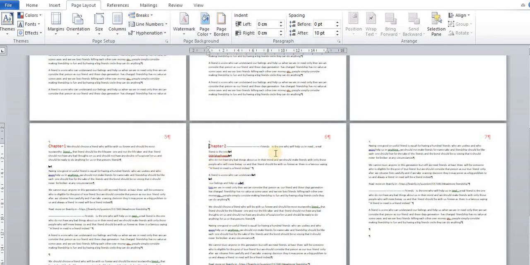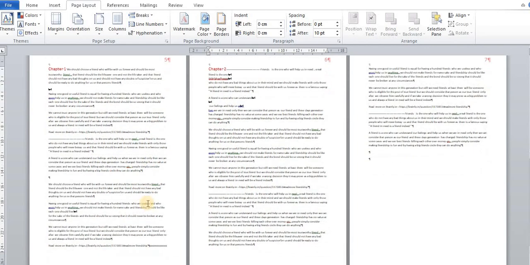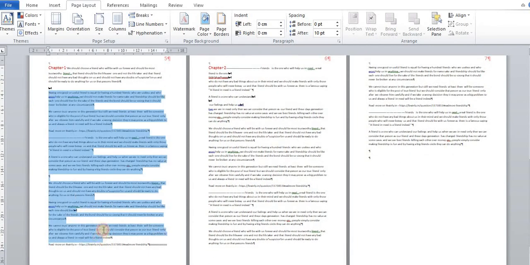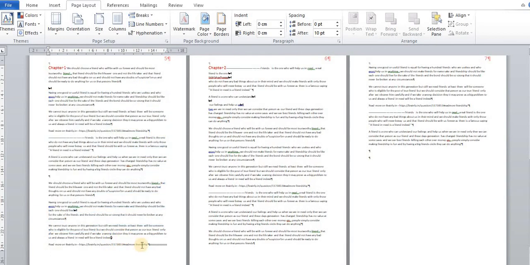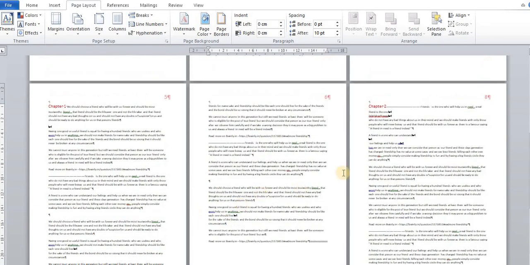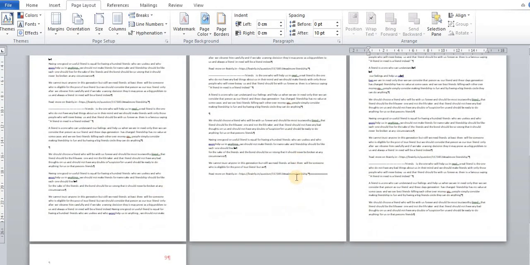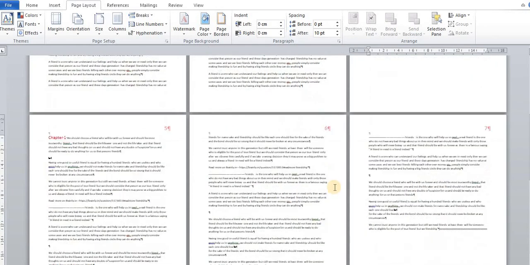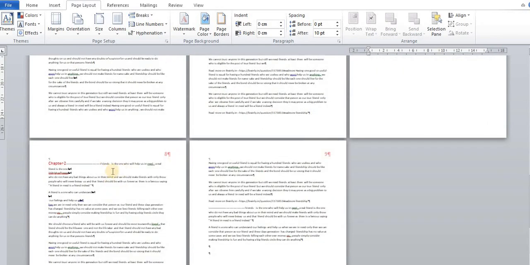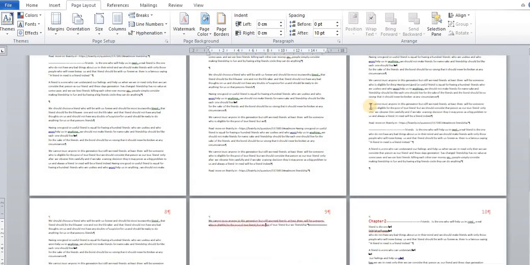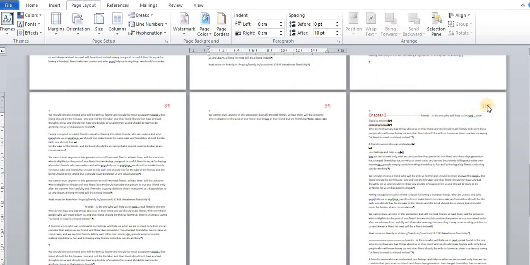If you write any content here, then you can see your chapter number 2 is on page number 8. Now I have to write something more, and your chapter number 2 is on page number 10.